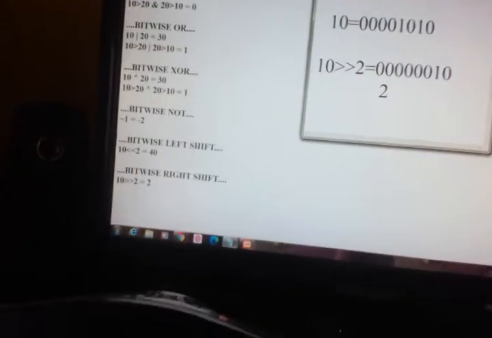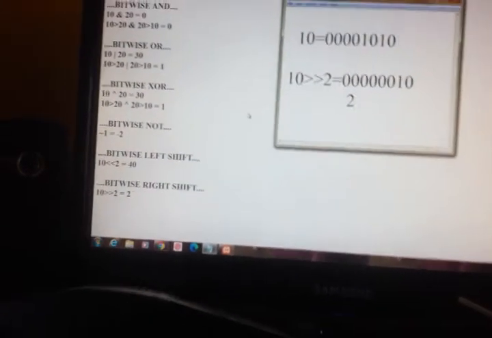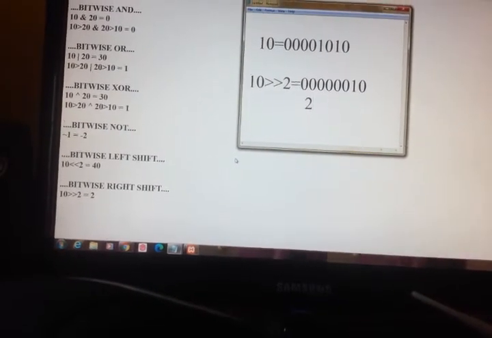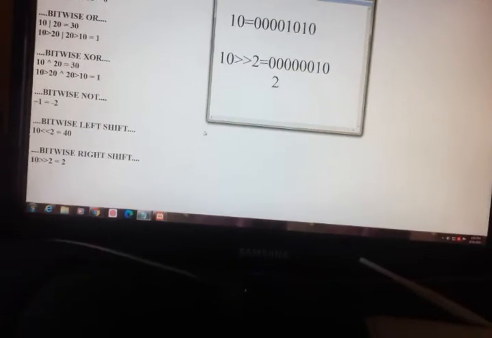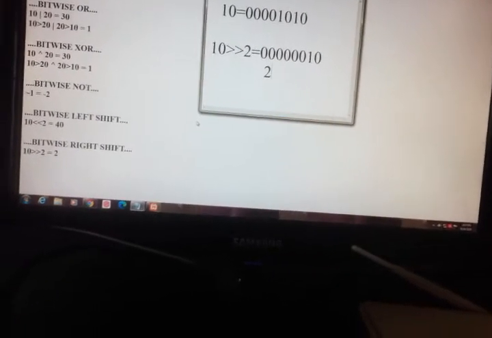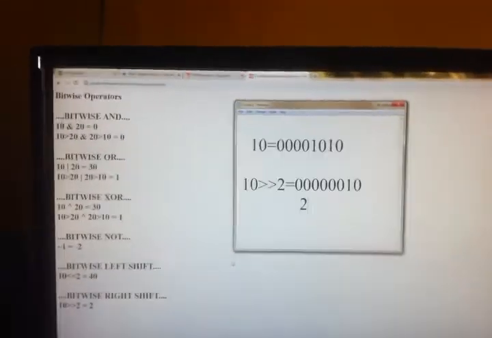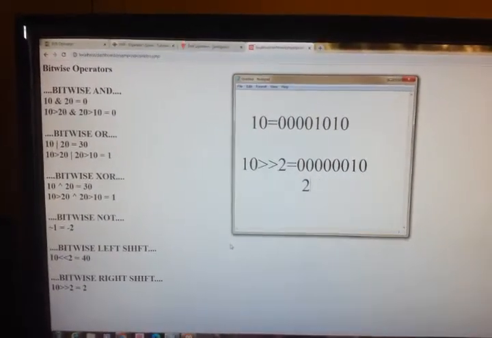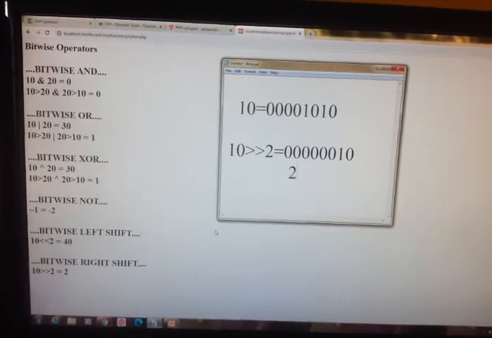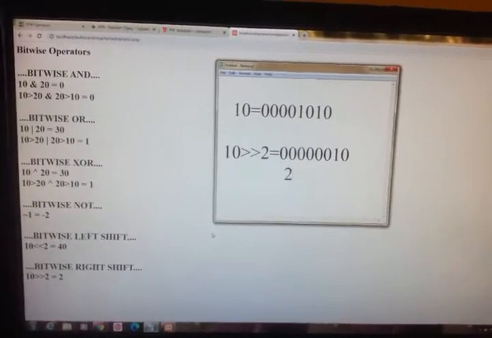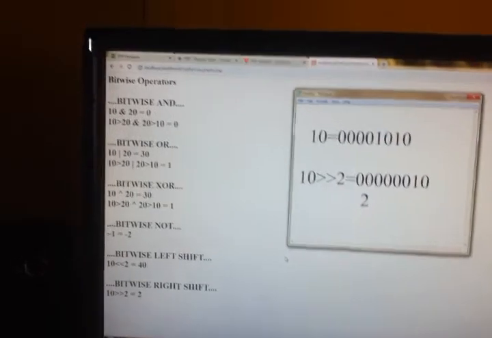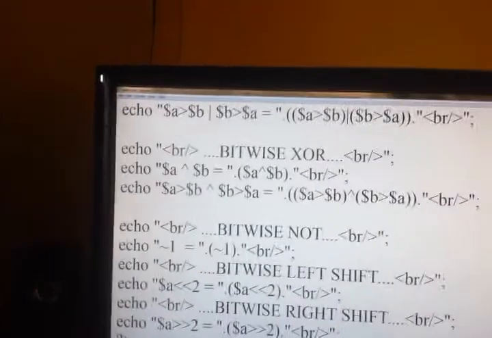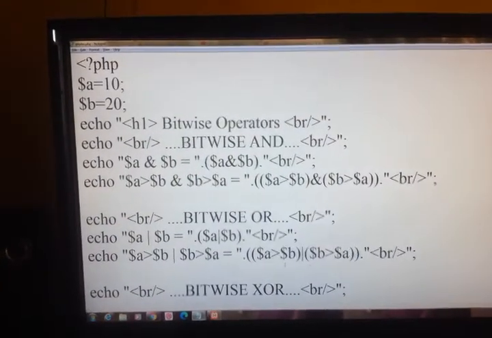So what is my answer? It is 2. So 10 right shift 2 is 2. So these are the bitwise operators. On the whole, this is the bitwise operator.